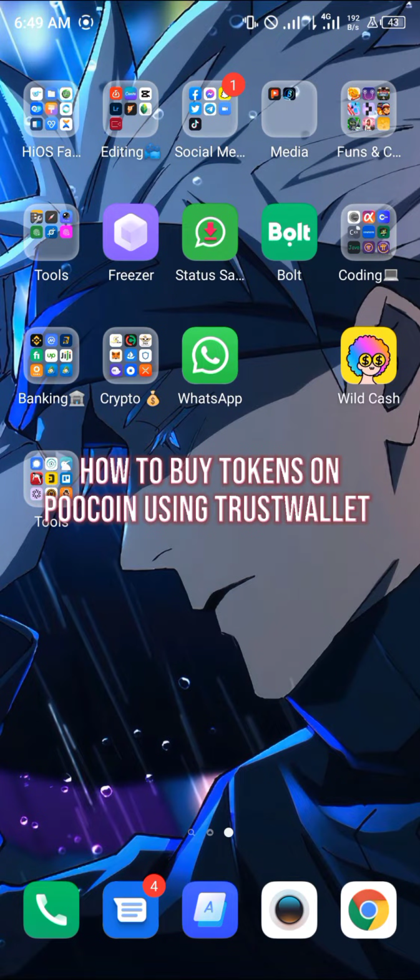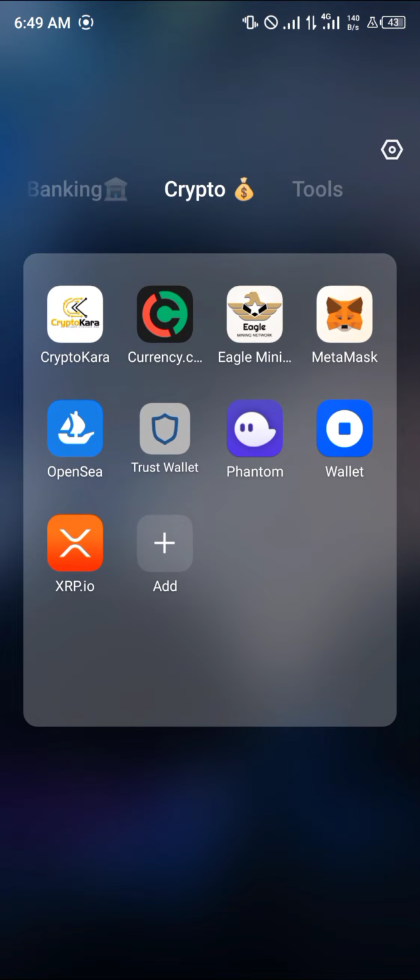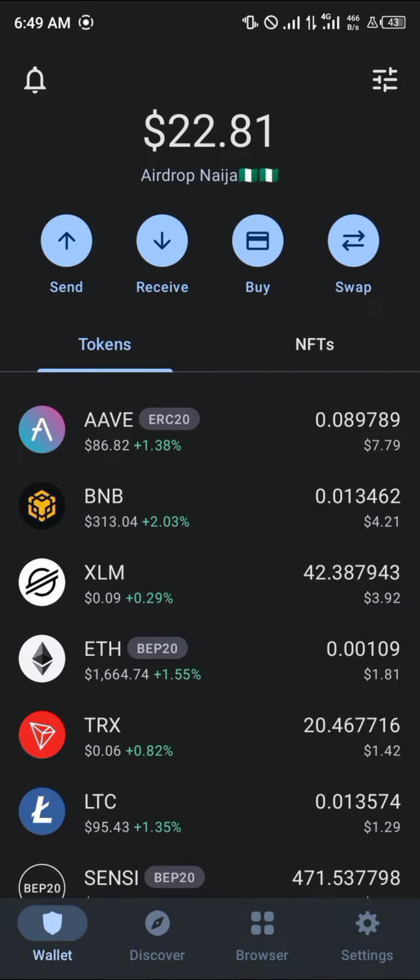In this quick video, I'm going to be showing you how you can buy your tokens on Poocoin using your Trust Wallet application step by step. Alright, let's get in. First of all, we're going to be opening up Trust Wallet and heading to this browser